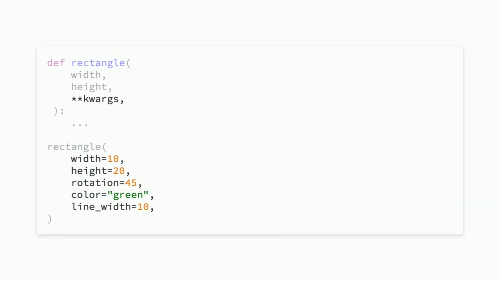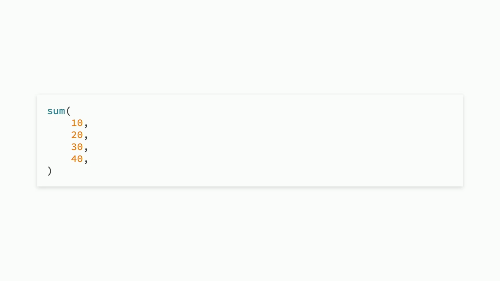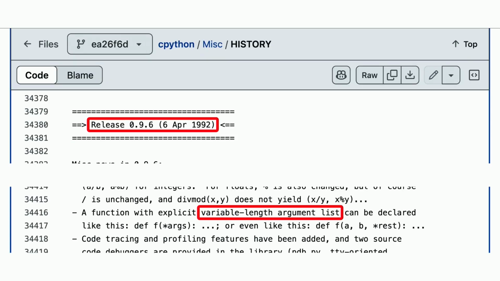And now you might have noticed that kwargs is pretty cool, since it lets us pass in an arbitrary number of arguments. But there are also cases where we can't define a keyword for every argument. For example, if we wanted to sum a list of numbers. Thankfully, back in 1992, this was added as part of Python 0.9.6.